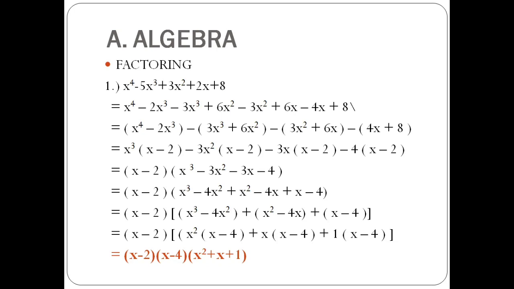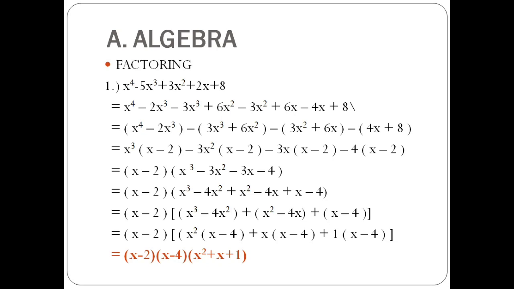So it will become (x raised to 4 minus 2x cubed) minus (3x cubed plus 6x squared) minus (3x squared plus 6x) minus (4x plus 8). So you can factor them out. It will become x cubed (x minus 2) minus 3x squared (x